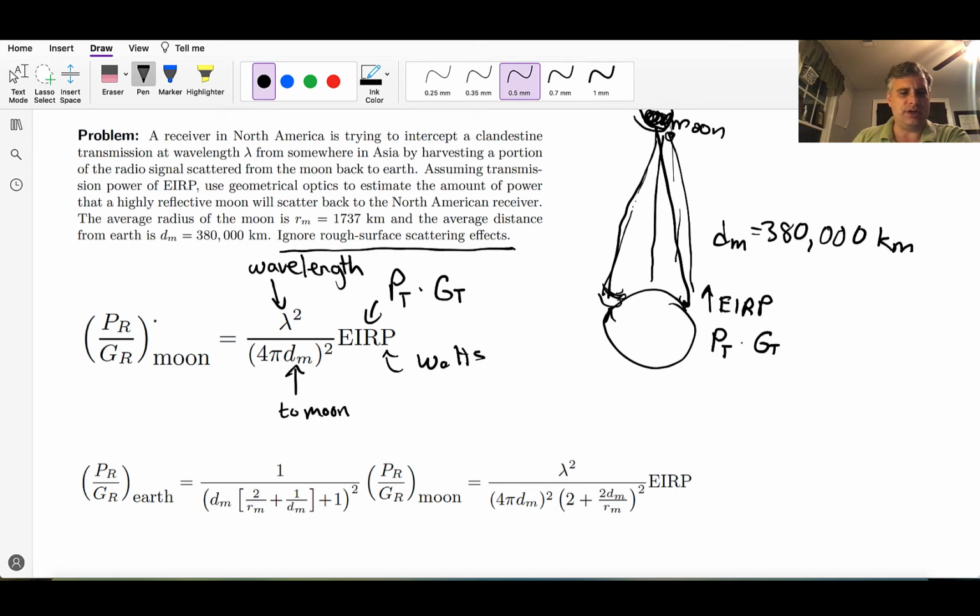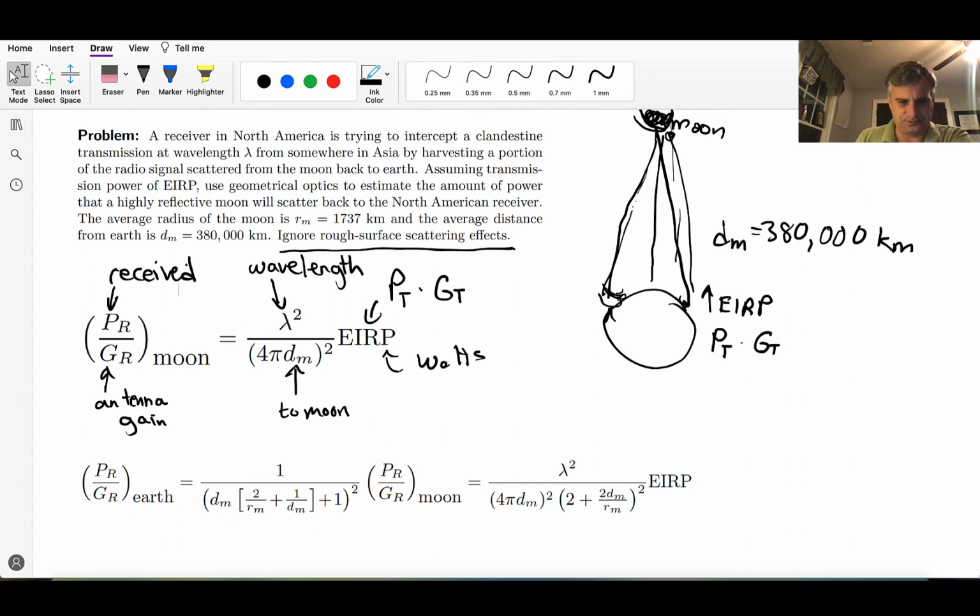And what I'm going to do here is solve this in terms of received power divided by antenna gain. And this is a trick in electromagnetics, because this is really proportional to the Poynting vector, or the watts per square meter, and is a nice measure of